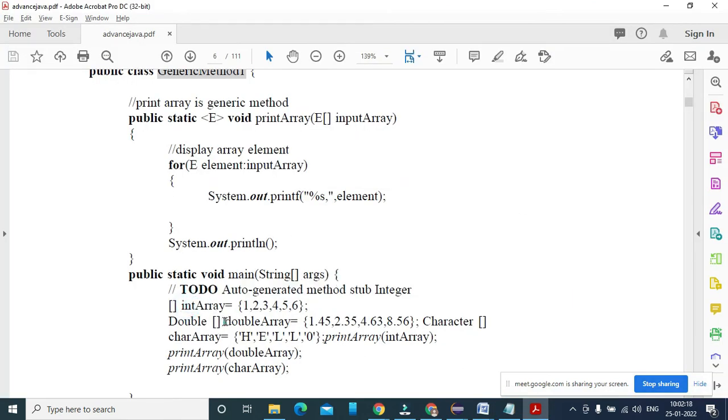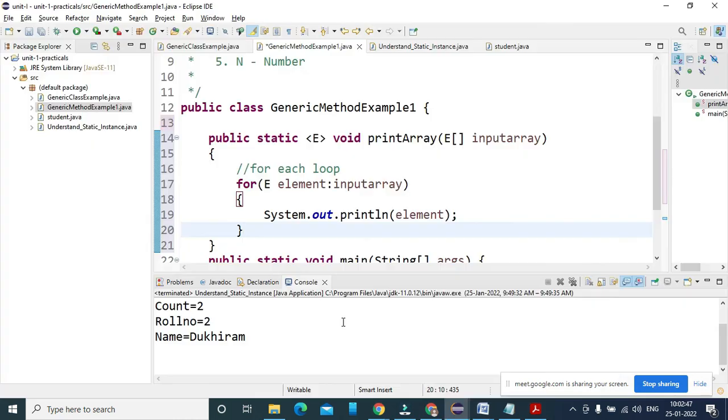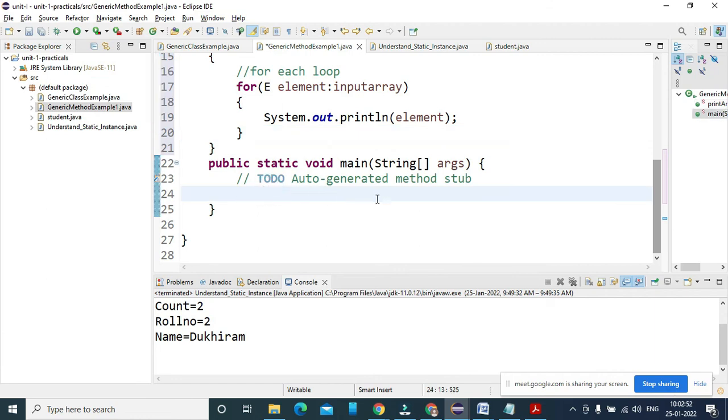So this is all about it. If you see this example, you came to know there is an int array, a double array, and a char array, and we are passing the int array, double array and char array here, and e only gets the address, and it is going to access the element from that specific array. So it's going to print 1 2 3 4 5 6, then 1.45 2.35 5.6, and it's going to print hello.